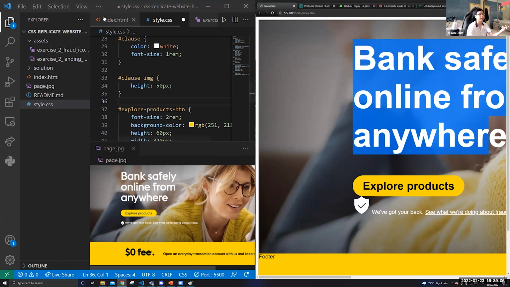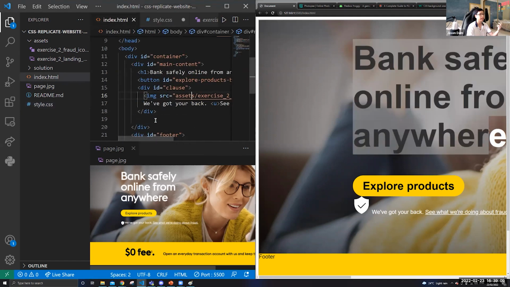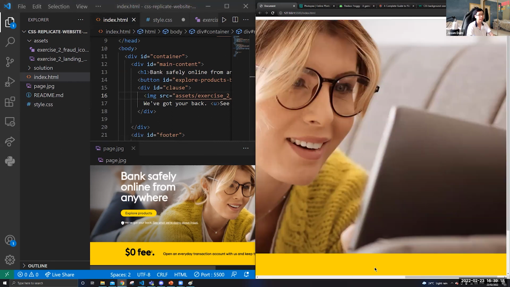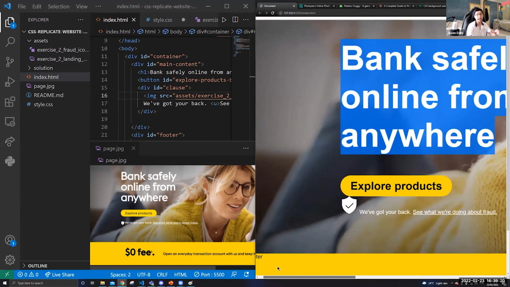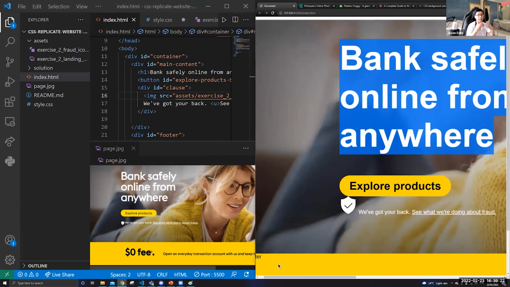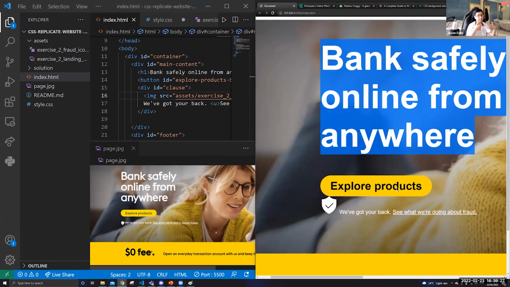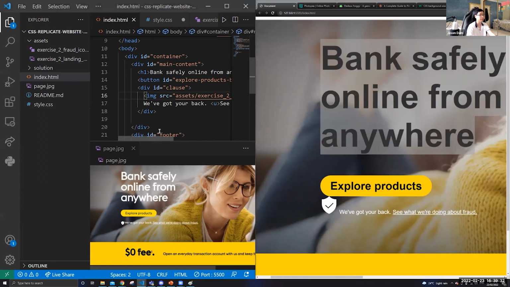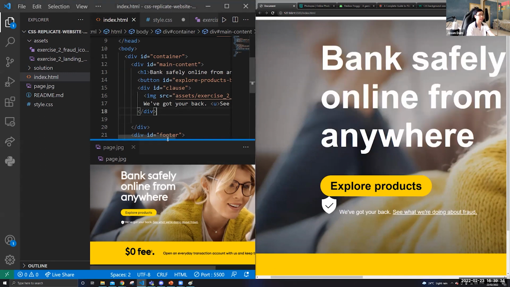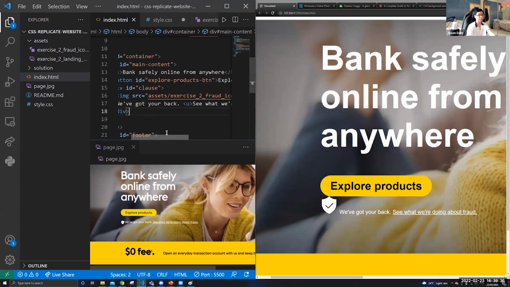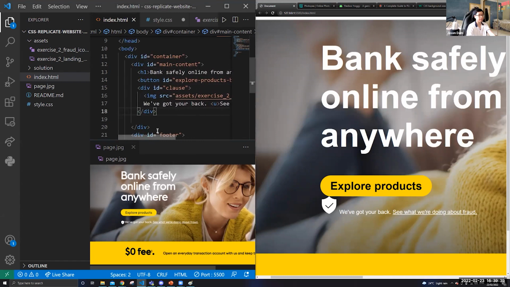It's like if someone just read your code, right? And they'll be like, okay, when they read the text file, that's not H1, right? They think it's just normal text, right? But on the actual web page itself, it looks like a heading, essentially. So your choice of tags is very important because it not only conveys information to the coder, but it's also supposed to make your code look neater. And it's actually something maybe to look into when we are marking you guys, your correct choice of tags and stuff like that. Okay, cool. So yeah, we've got your back, see what we're doing about fraud, and then we want to change where the